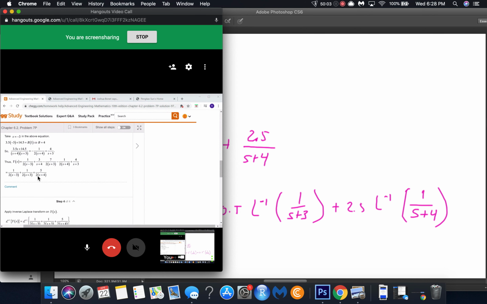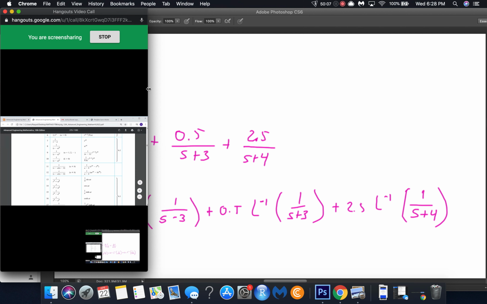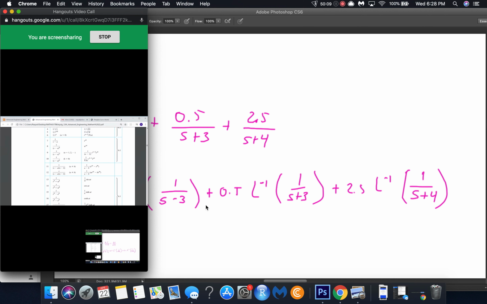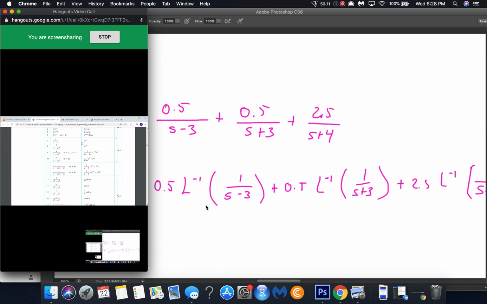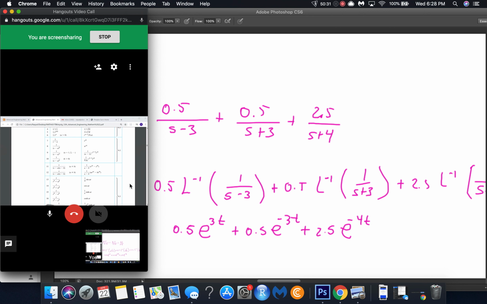Okay, now we go back to your cheat sheet. If it's s minus a, it's just going to be e to the a t. Exactly. So it's going to be 0.5 e to the 3t, and then 0.5 e to the negative 3t, and 2.5 e to the negative 4t. And that should be your solution. Okay. Let's